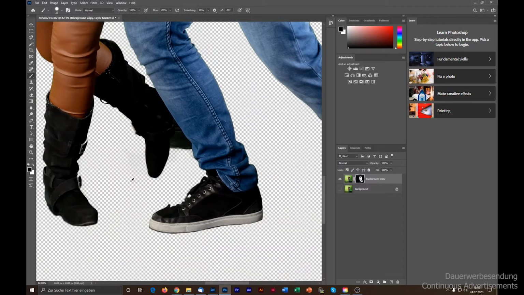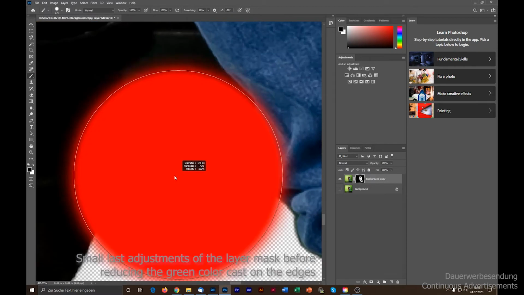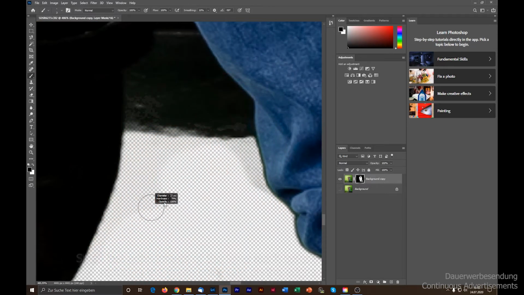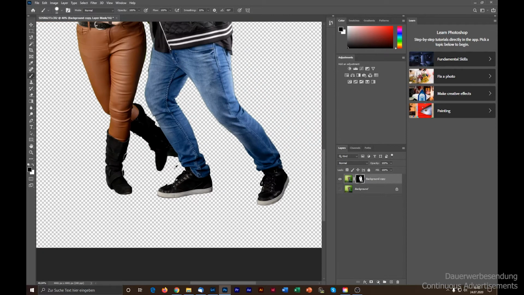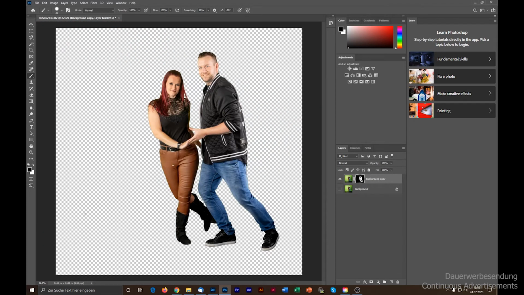So we are now close to the last step, and then there's some color cast. Yeah, that's okay because that will be anyhow dived into dark in the end, because the graphic designer in the end will use all the colors or all the background